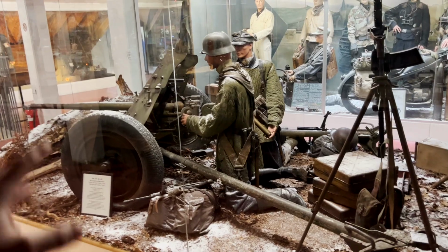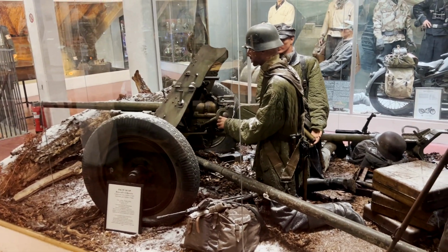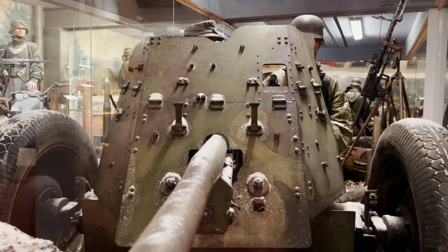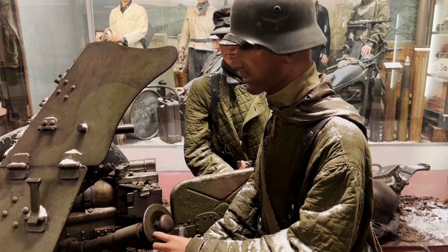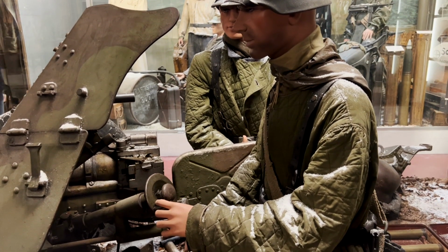Next great display here is an anti-tank cannon, Pak 36 model, and this is a 37 millimeter gun. So we can see two gunners here. Both of them are Luftwaffe. It looks like Luftwaffe